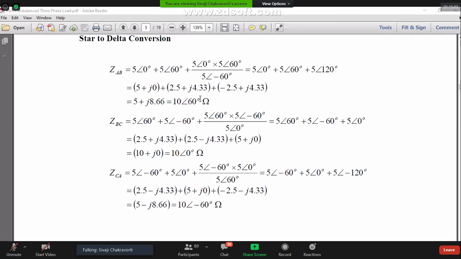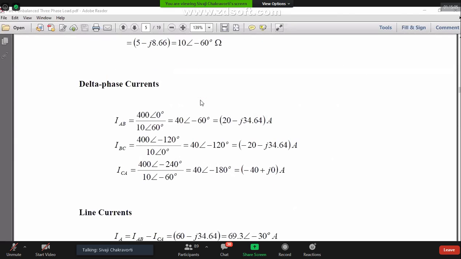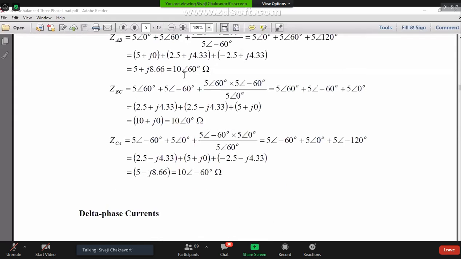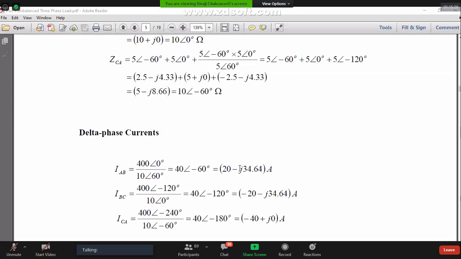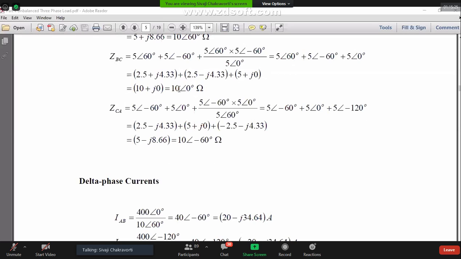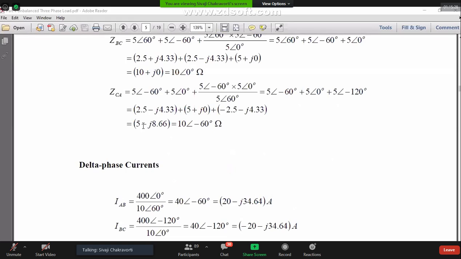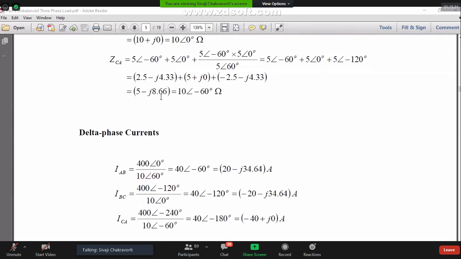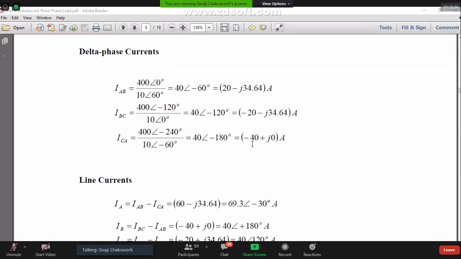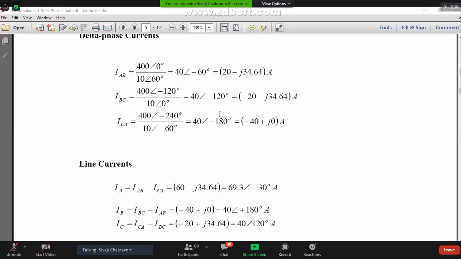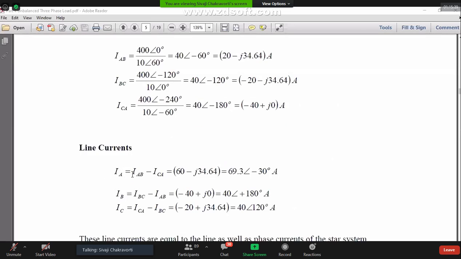I don't know really. Then how do I solve? Yes, I can solve. One straight answer is, I know that for delta I can solve because the delta load is between AB, BC and CA. These voltages are known because they are connected to the source. So if I convert this star to delta, what will happen? Then one impedance will be between A to B, another between B to C, another between C to A. And then I can always say that they are having these line voltages. So therefore, I can solve this problem by converting the star to delta.